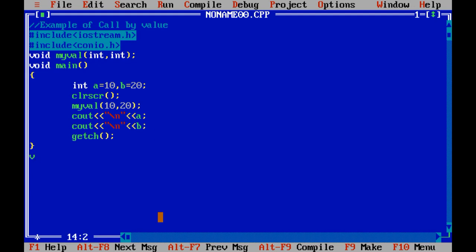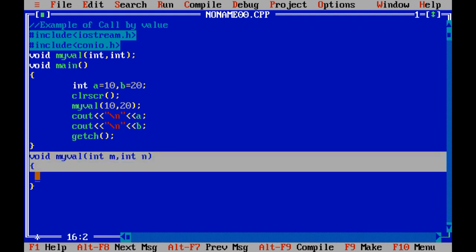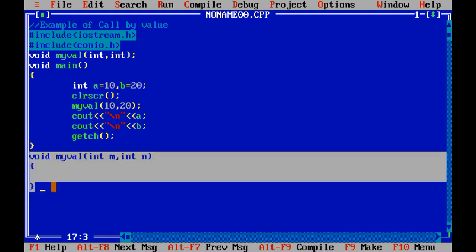Now let us develop the body of UDF myvalue, integer m, integer n. As I have told you in my previous video, you can take any variable over here, no need to take a and b again, right? Whatever variable you want to take, you can take. Why? Because the life of this variable would be up till the block remains as it is.